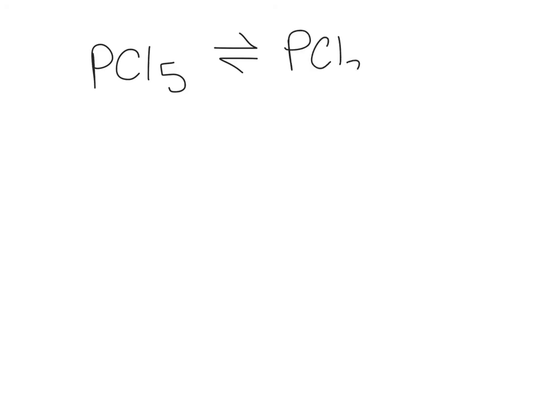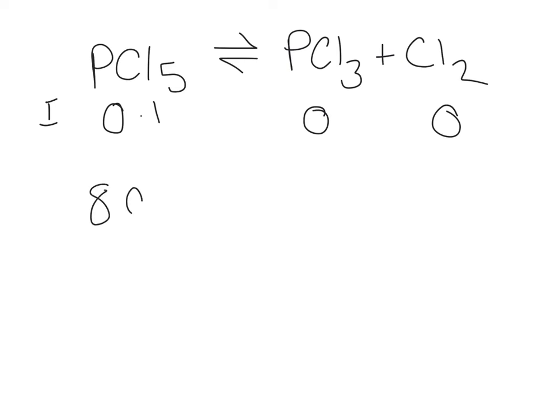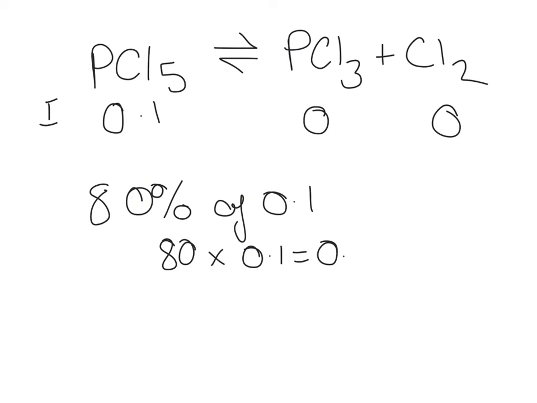At this point now, I'm going to write out my equation and fill in what I know. So PCl5 to give me PCl3 plus Cl2. So I know initially, if I just do a capital I, that I have 0.1 moles of my PCl5, I have no moles of PCl3, and 0 moles of my chlorine. I do, however, know from the question that it was found that 80% of the pentachloride had dissociated, so 80% had been used up. So I need to get 80% of my 0.1 moles. So my 80% is going to multiply by my 0.1 to give me 0.08